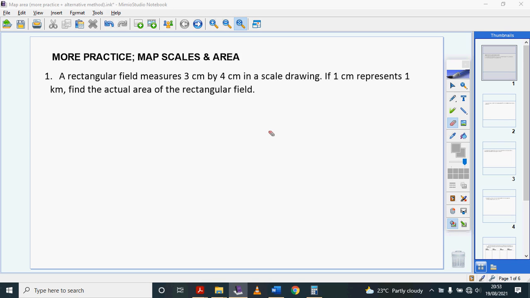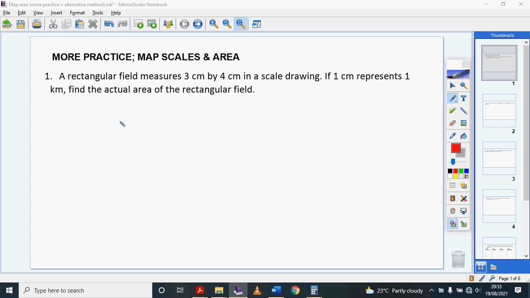So today I want us to look at some more examples on map scales and area. Do some more practice. And I'm going to show you a simpler method that you can use to figure these things out. So just to remind you, yesterday, for a question like this,